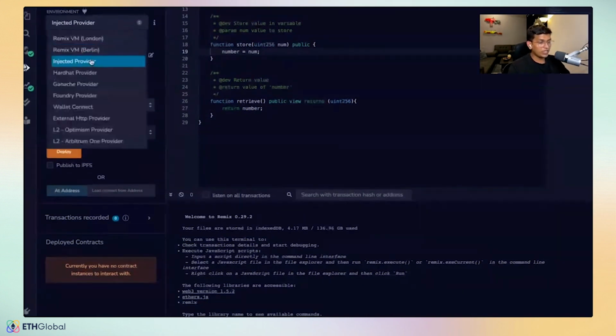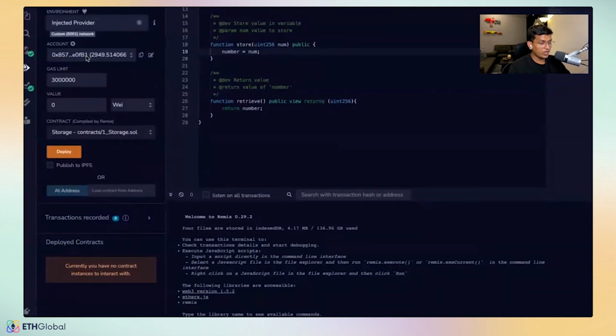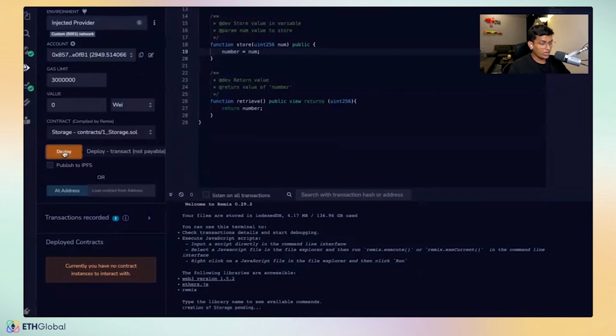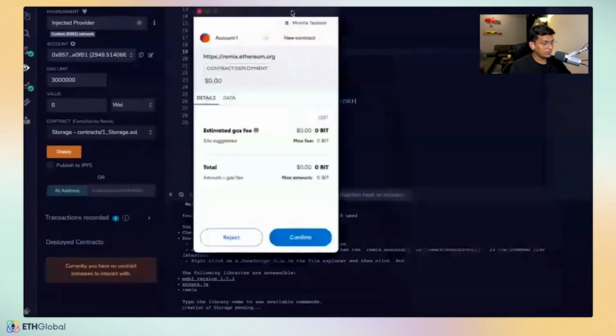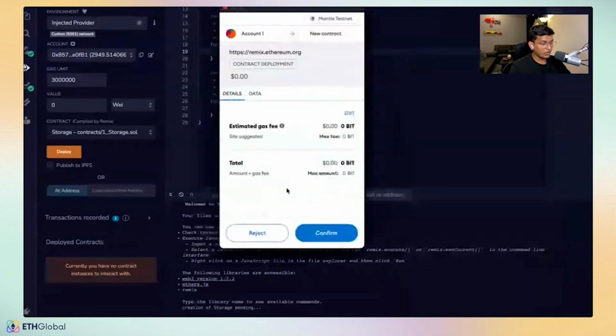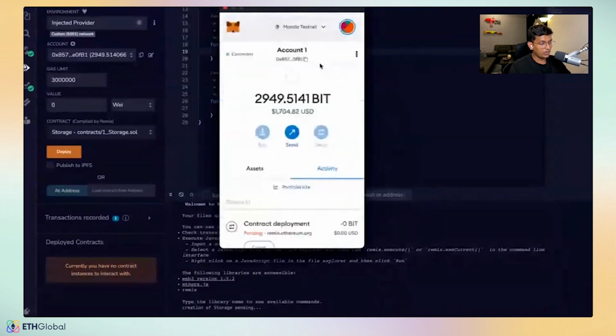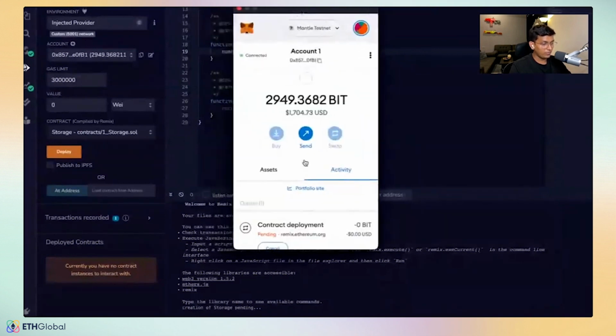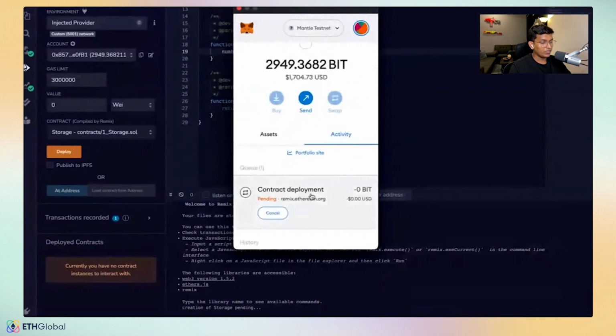Once you have selected the inject provider, make sure that it is your same account that is connected, that is the wallet, right? And you select deploy. Once you hit deploy, open your MetaMask. Yep, you can see we need to confirm and sign the transaction. Confirm. Contract deployment is pending. So we will wait for the contract deployment to be successful, and once it is done,